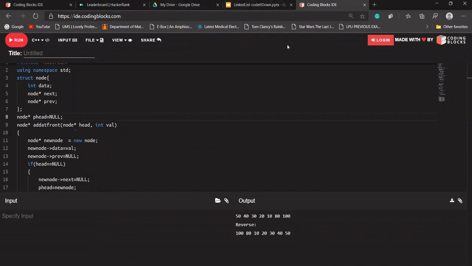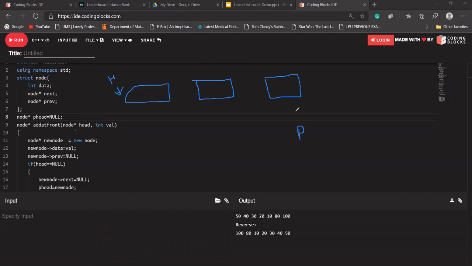Let me clear the concept of p head first. Suppose we are having a list, a doubly linked list. If head is pointing to this node, our p head will point to our last node.